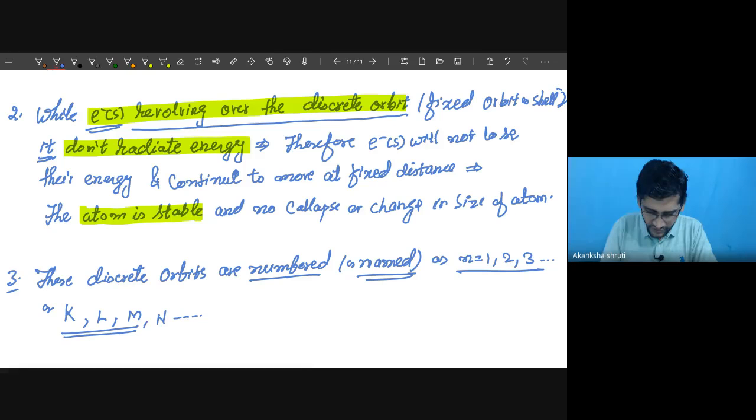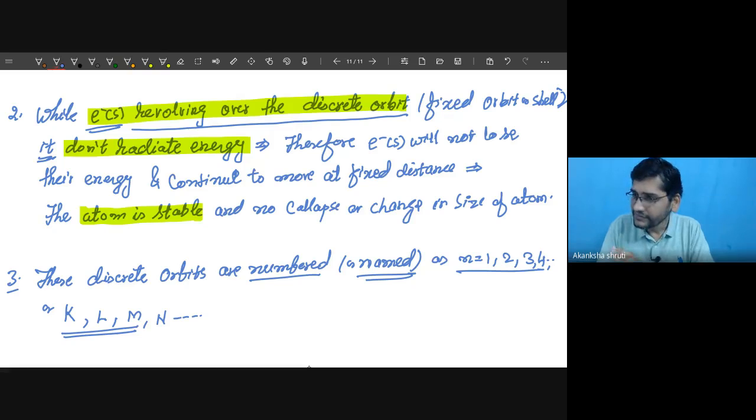For n equals 1, it is the K shell; n equals 2, the L shell; n equals 3, the M shell; and n equals 4, the N shell. So these discrete orbits are numbered or named